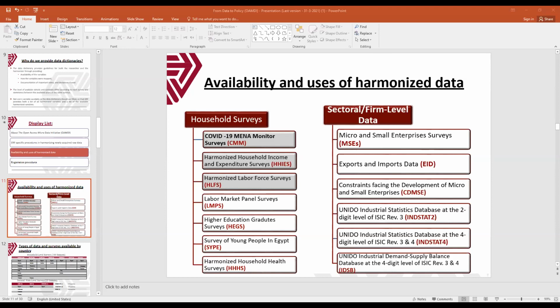You can study multidimensional poverty, not only monetary poverty but also other dimensions of poverty, for instance education, health, and so on. You can study the determinants of health expenditure, of education expenditure, and so on. So it's a very rich data set that can be used.